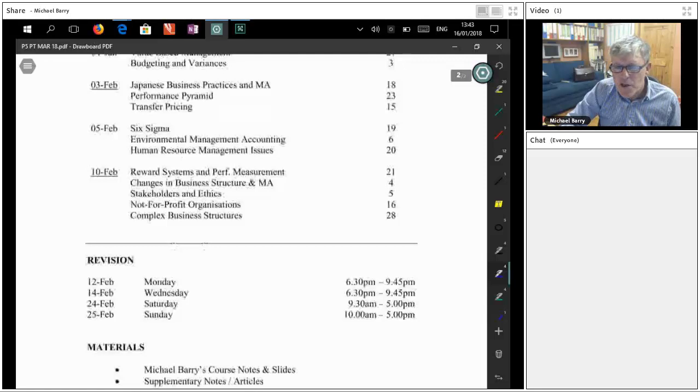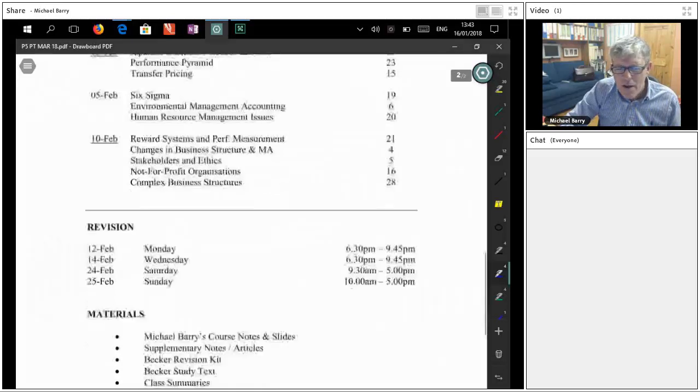Human resource management and reward systems is always there or thereabouts in a P5 exam paper. We also need to have some idea as to how performance is actually evaluated in not-for-profit making organizations. So there are different ways in which we can assess performance, and we need to be familiar with the different ways, but at the same time, we need to make sure that our responses are brought to a level that is expected by the ACCA P5